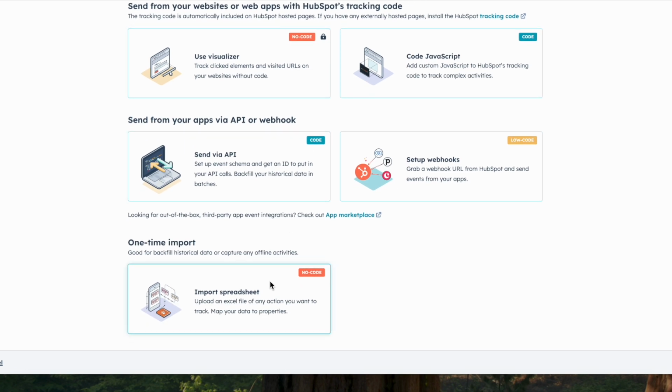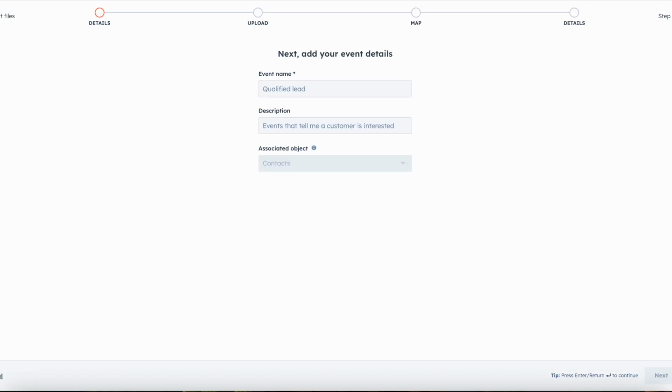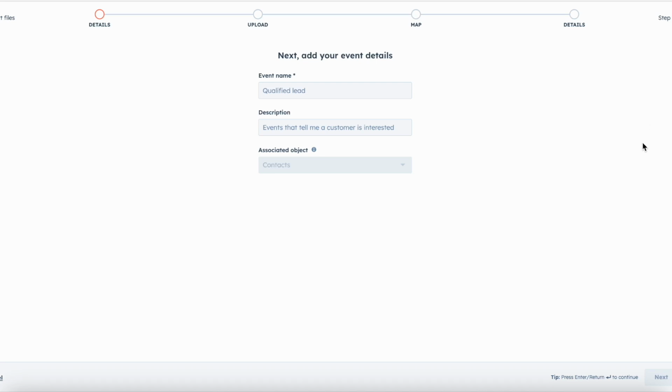The first one I'm going to talk about is the import feature. The import feature allows you to create a HubSpot event around a specific offline activity or any activity. Maybe you export everybody that's called in, or maybe you have a trade show and you want to import everybody that stopped in your booth. The power of this is that it allows you to create an event that contacts have interacted with. For instance,